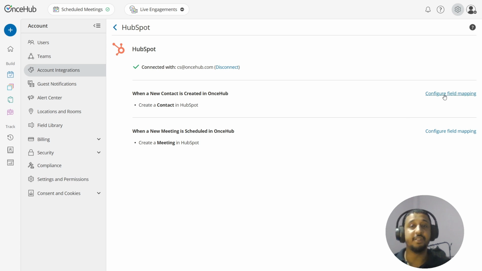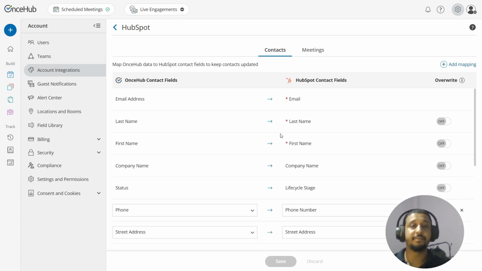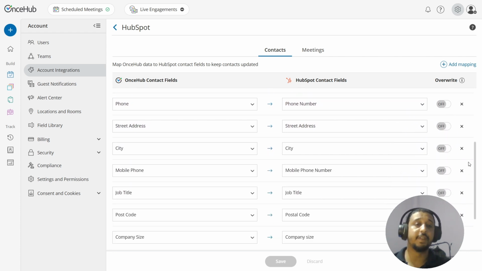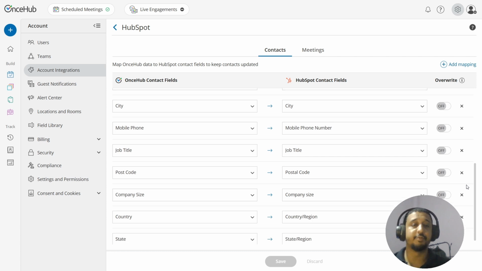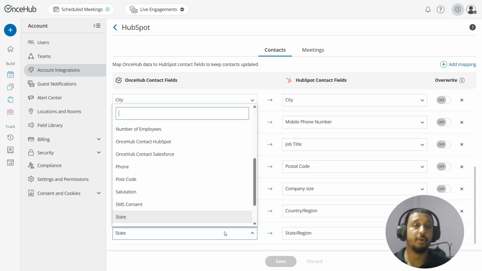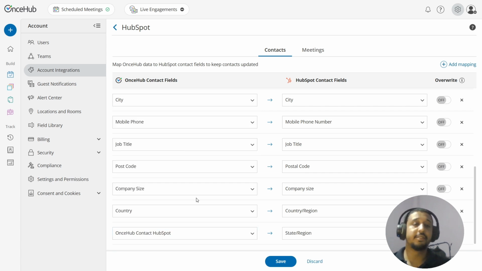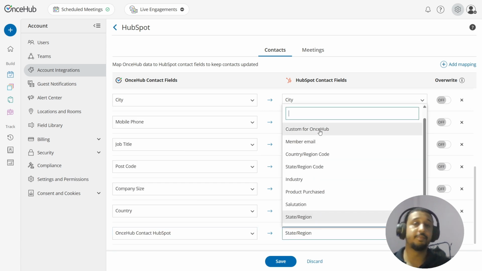So let's look into the field mapping. Here, we can see the default OnceHub contact fields like email, last name, first name, company name are mapped to the corresponding HubSpot fields already. And we do have the option to map additional contact fields to the corresponding HubSpot fields. We can also go ahead and customize the contact fields that we want and map them to the custom HubSpot